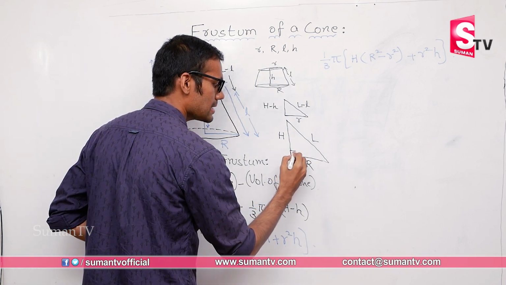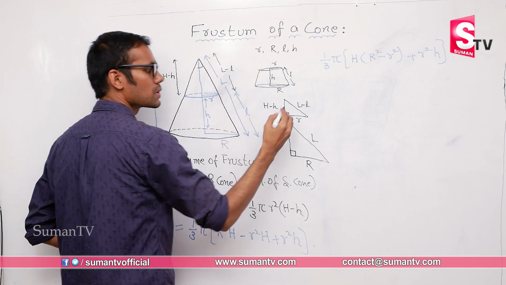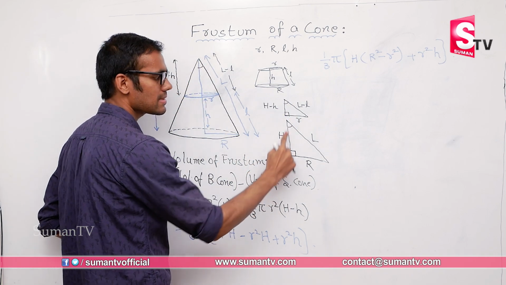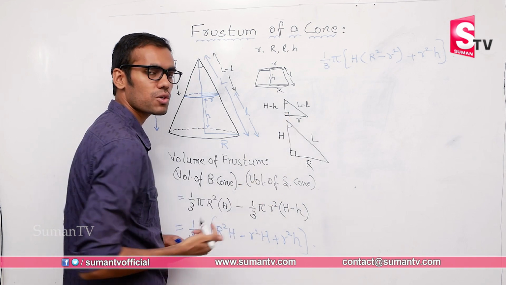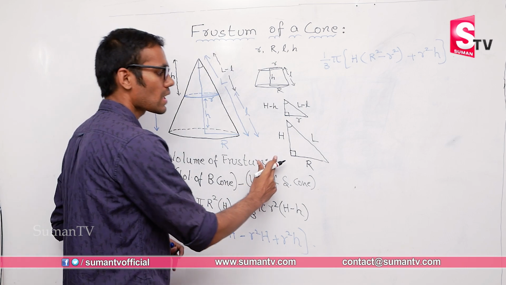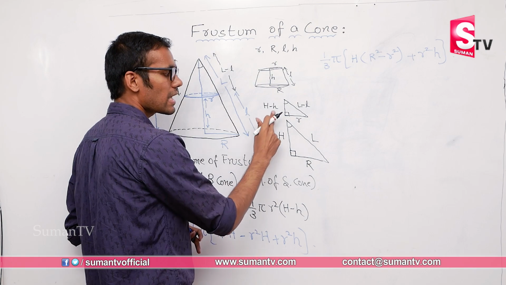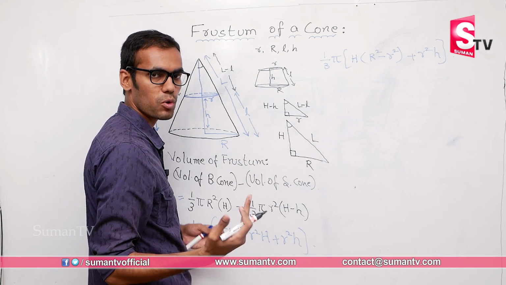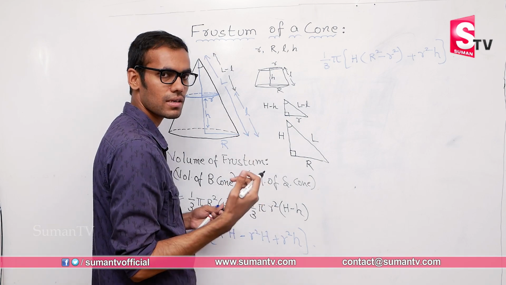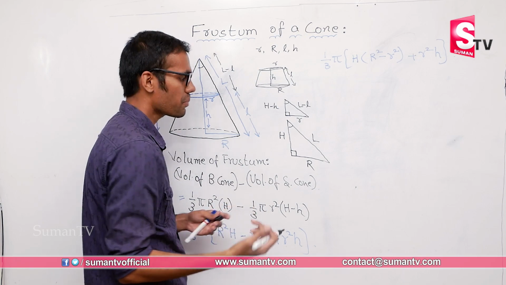Now these two triangles are similar triangles because this is the common angle, this will be common angle, this is 90 degrees, this will also be 90 degrees. So according to angle similarity, we can see that these two triangles are similar to each other. So when do we say these two triangles are similar? If all the sides are in proportion, these two triangles are similar, or if two triangles are similar, all the sides are in proportion.